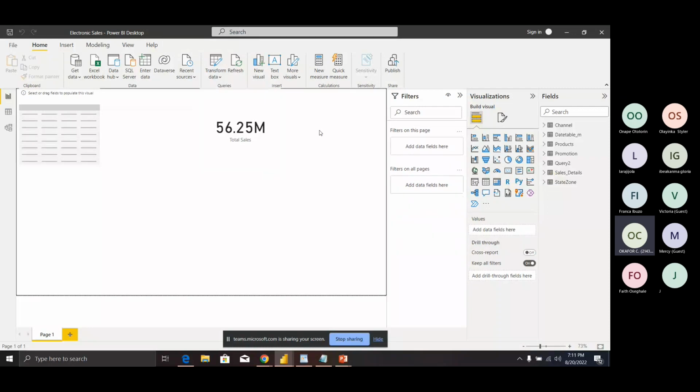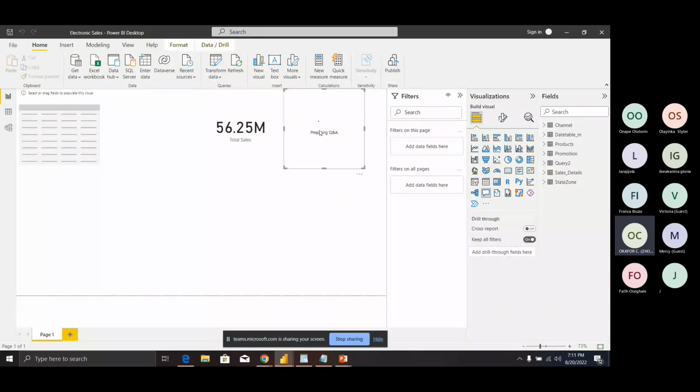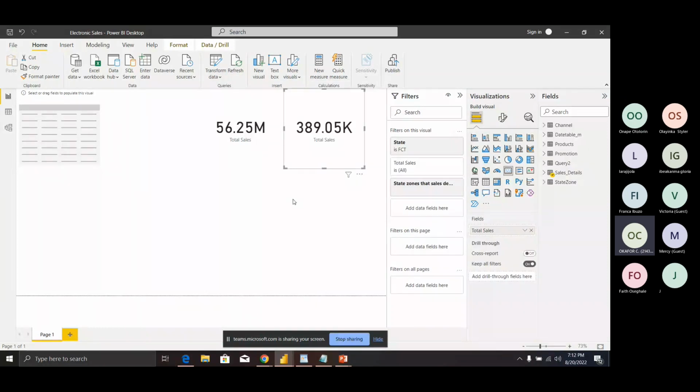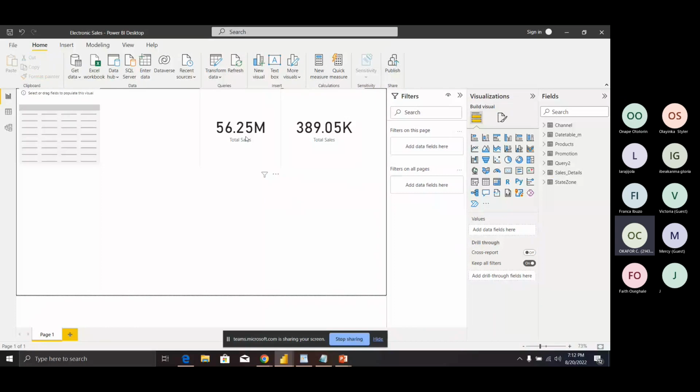Let's try to create a total number of sales for FCT so that we can see what we have just been able to achieve with that RLS that we did. Total sale in FCT, right? Yeah, this is it. This is what I have for FCT, right? Now, if I filter this total sales and I want to see for just FCT,